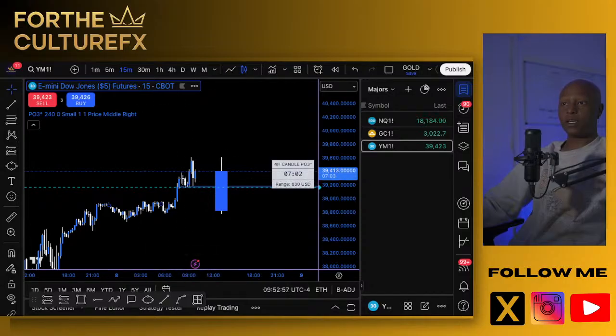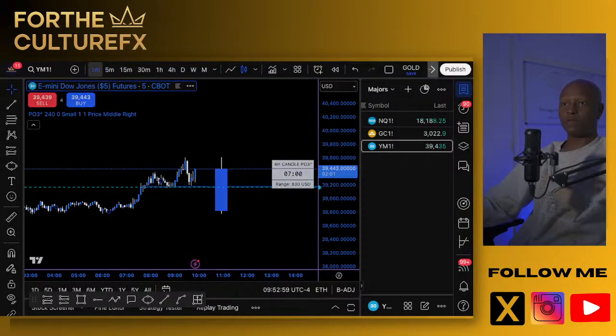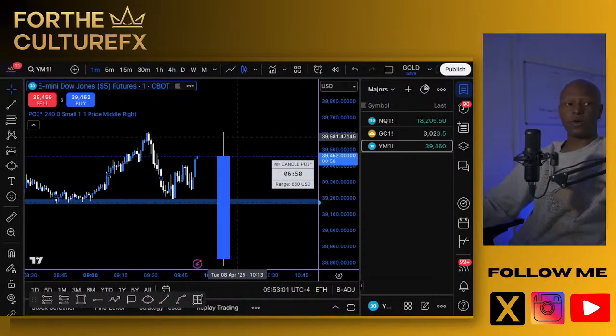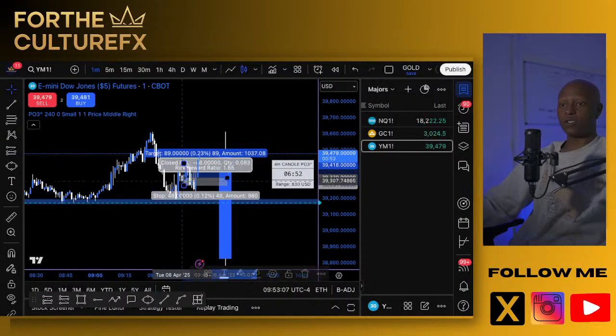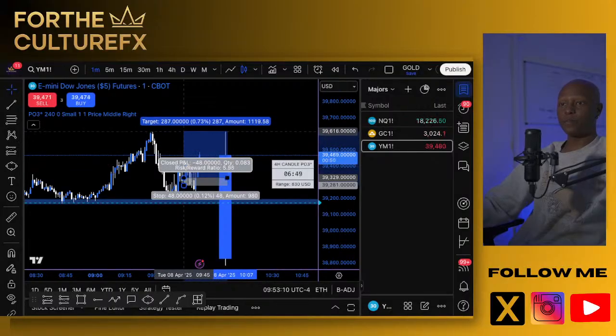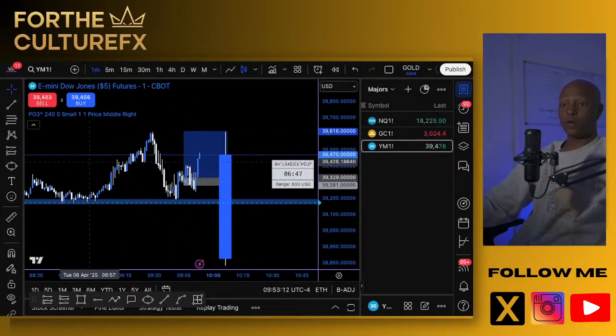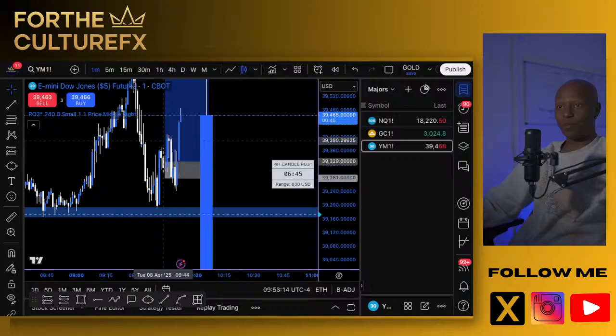But this 15-minute is currently bullish, 5-minute bullish. Yeah, it's looking like we're going to go ahead and hit the target that was intended for our first trade. So, first trade, break even. Not a bad move. I would have been taken out had I not moved stops to break even.